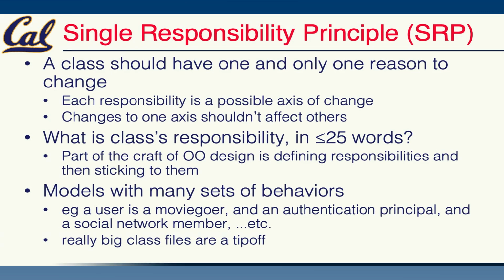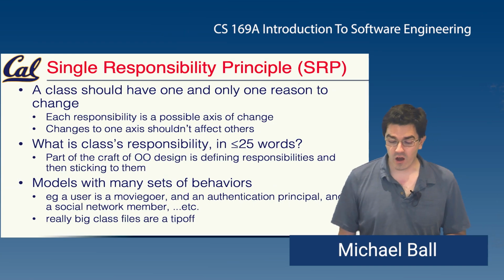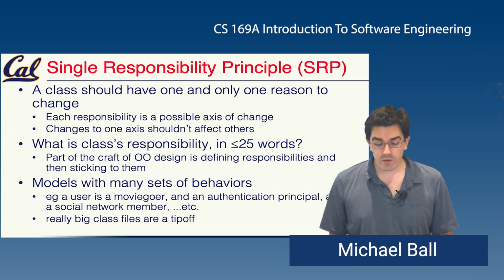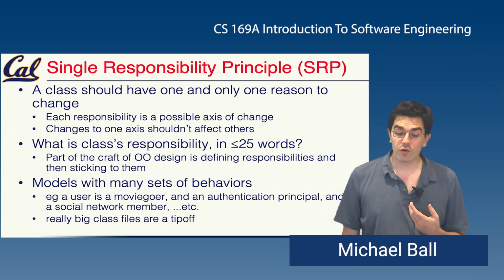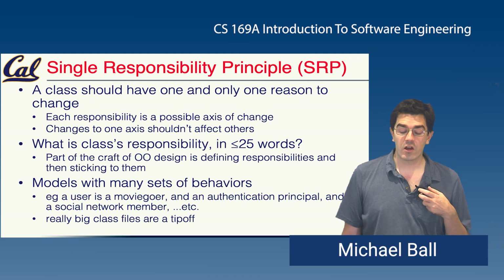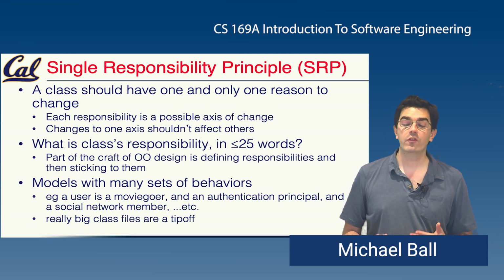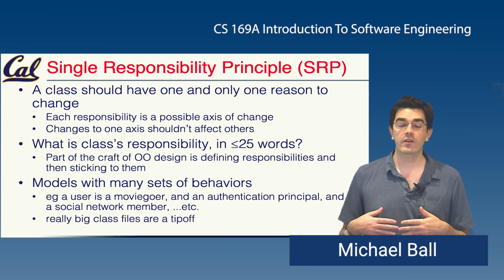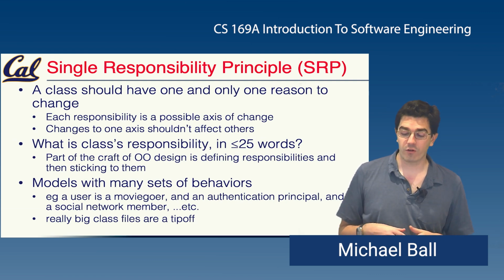Another way of putting this is that if I adapt my movie class to add some functionality, let's say displaying names in a certain way or doing something with the ratings, this change shouldn't interact with and affect other classes. What is the responsibility of a class in, let's say, less than 25 words? You should be able to write a description in a short sentence or two about what the purpose of this class is. And this just helps you focus on why this class exists compared to perhaps some